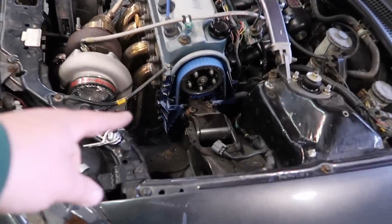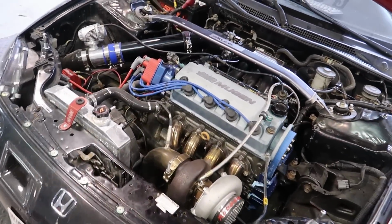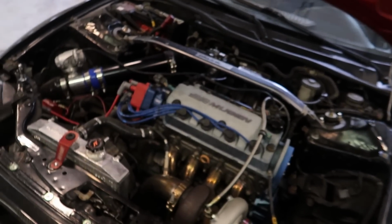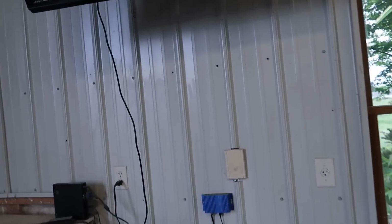All right, so we got the cam gear moved to 0. I got a pretty good map in it right now, and we just did our first pull. We didn't film it, but just kind of wanted to see where stuff was at. Really low timing, to keep this little single cam safe from popping head gaskets. I don't really like to put a lot of timing in these motors. So it's on 16 degrees and like 12 pounds,